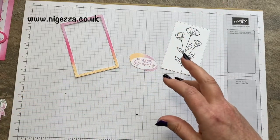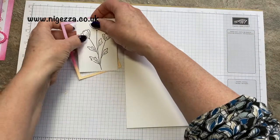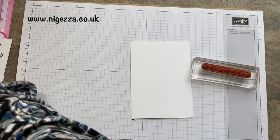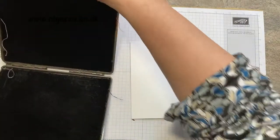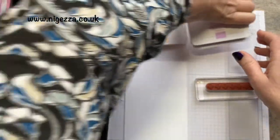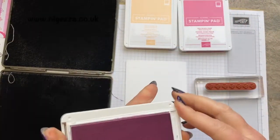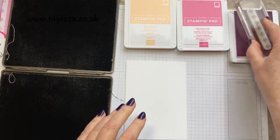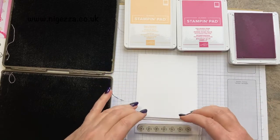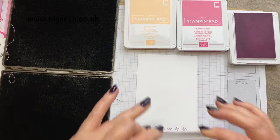So now I need to do the background stamping on the card before we stick this on. So I'm using the long flower for this. I'm going to bring in the Stamp & Scrub, wet dry. Got my 3 colours. And what I did was I inked it up and just stamped it. I kind of went round about the middle of the card like that,